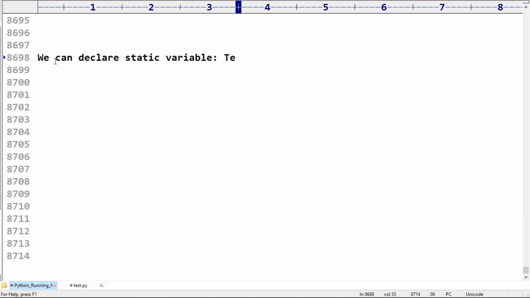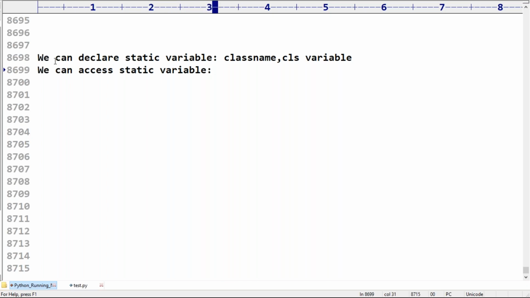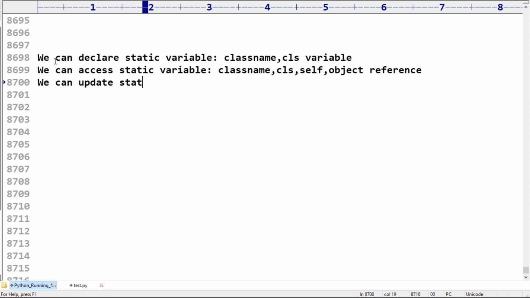What possibilities are there to declare a static variable? By using the class name, or the cls variable. That's all. Next, we can access a static variable by class name, cls, self, or object reference. Next, we can update the static variable by using only the class name and the cls variable.